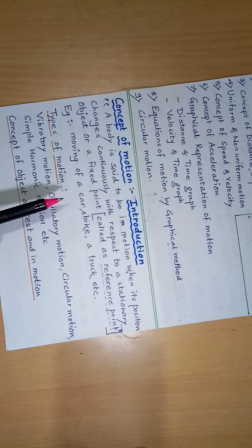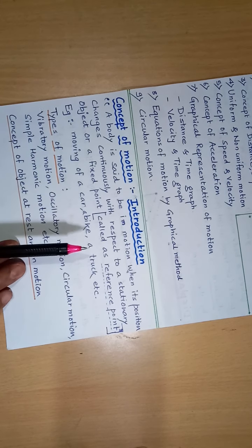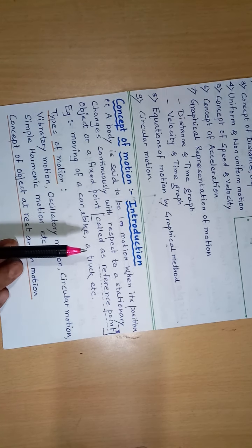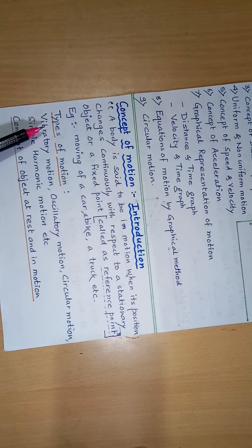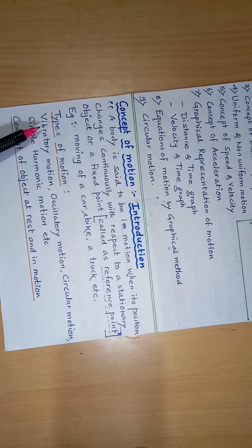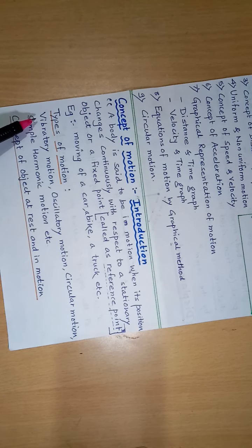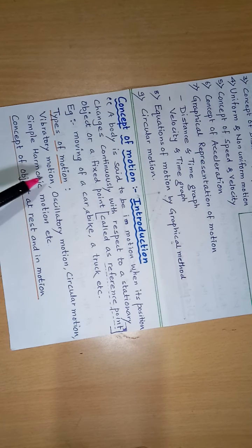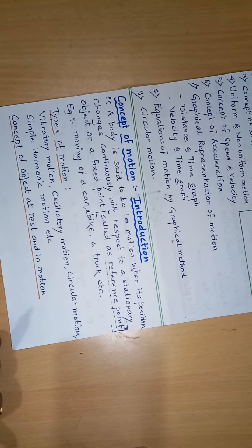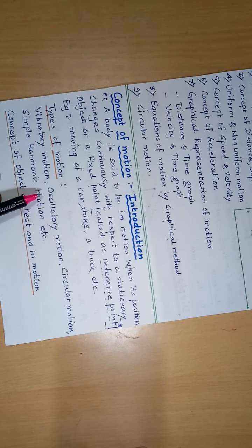Now different types of motions are there in physics, but all these types of motions we are not going to study in this chapter. So for example, some objects perform motion in a to and fro way, in a rapid way, so that is considered as the vibratory motion. Vibratory motion is very well known to you. When we put our mobile phone on vibration mode, then instead of ringing, the mobile shakes rapidly. This shaking of the phone rapidly is called the vibrations, and this particular motion of an object is called the vibratory motion.